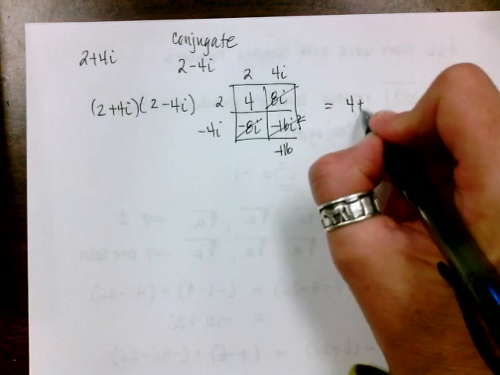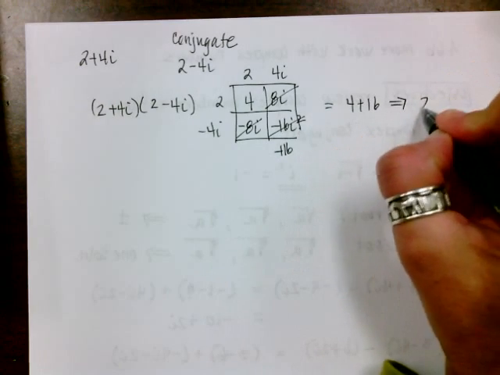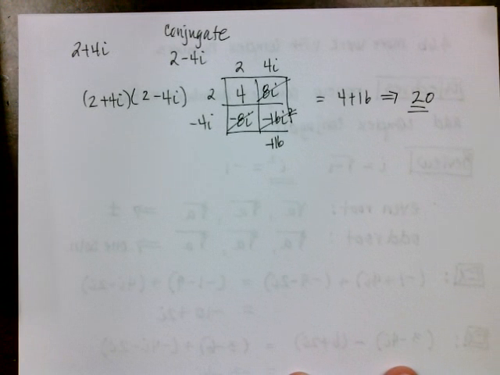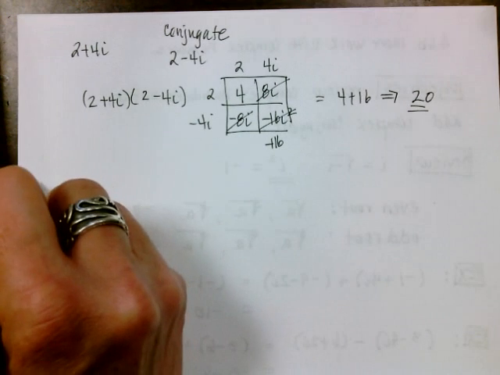I get 4 plus 16. This reduces to give you 20. So again, the purpose of the conjugate is to make the i term go away. All right, so if I do one more example,